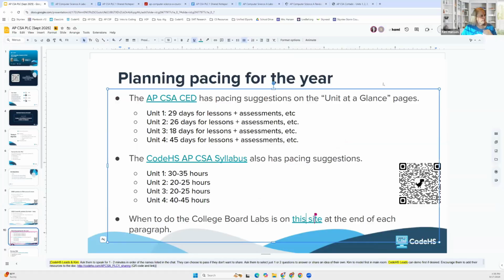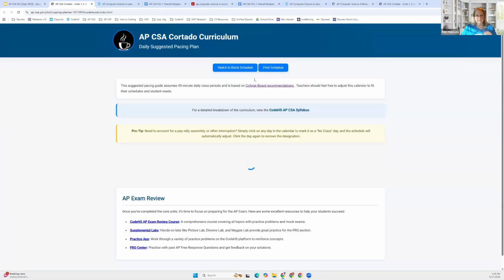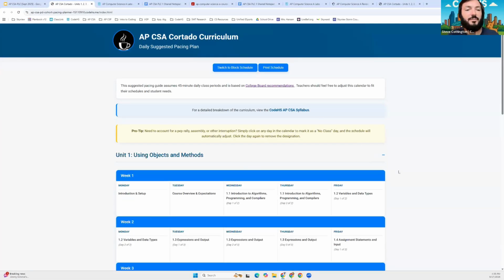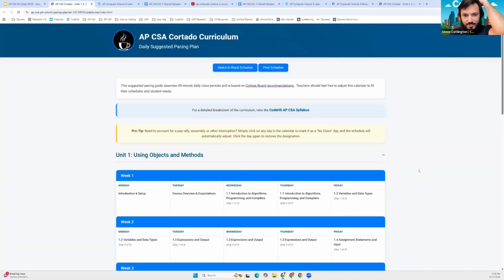And then Steve and TJ. Steve, did you make this pacing thing? Are you the one that made it? Yeah, we made it. It's a handy guide. Okay, so I'm going to demo this super cool pacing guide. And this follows CodeHS's pacing plan, right? Yeah, it literally follows CodeHS's and College Board's instructional periods document that you showed. That's what this is from. Okay, perfect. So I highly recommend that you all click on it and bookmark it.